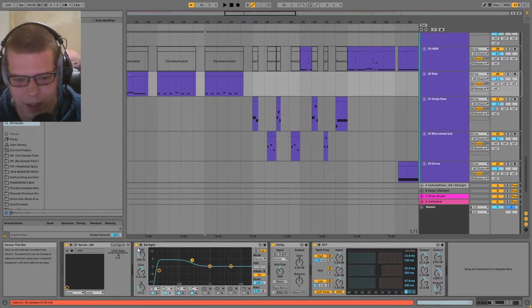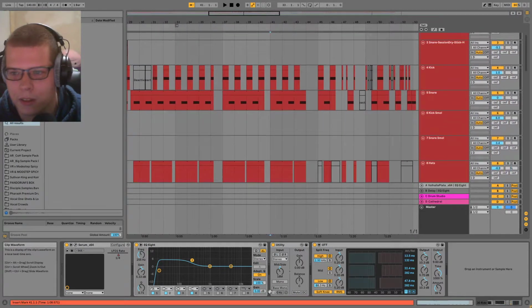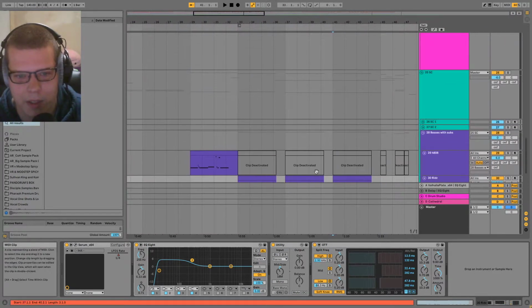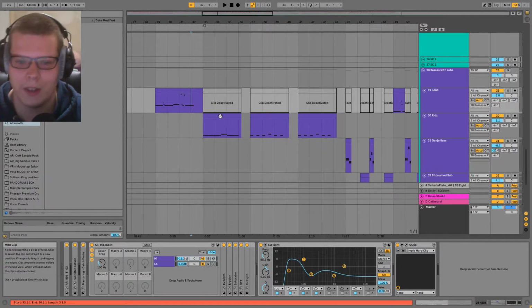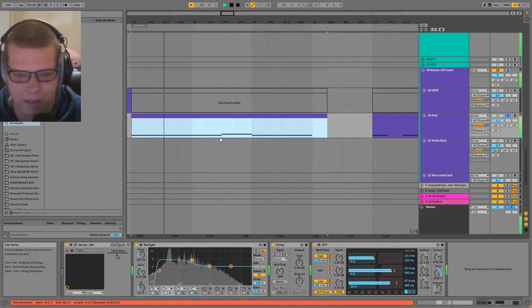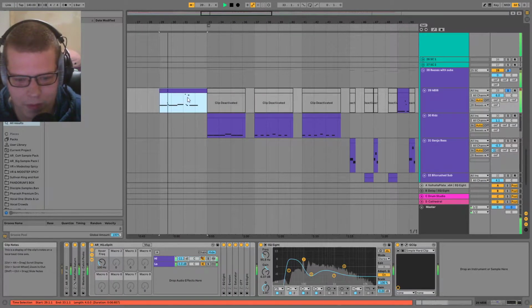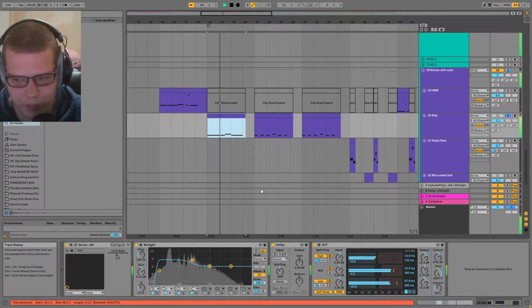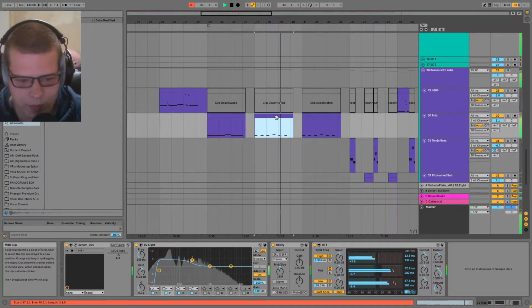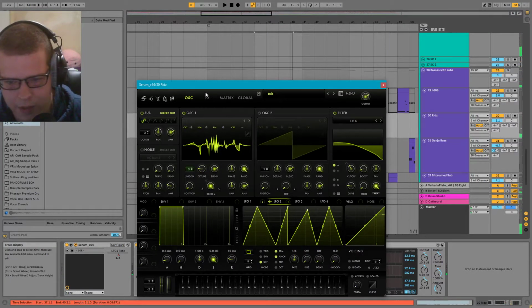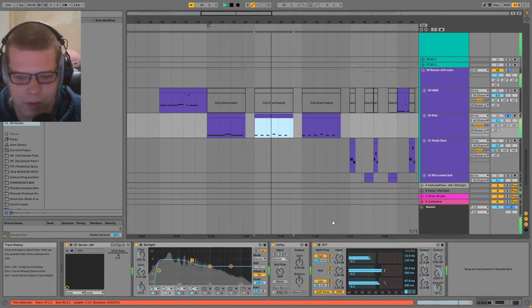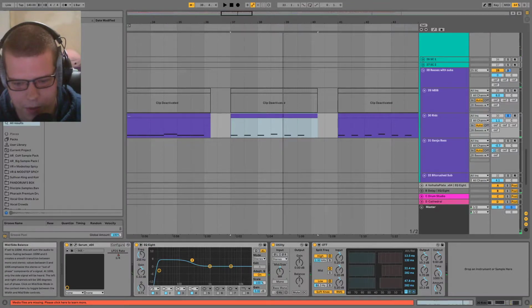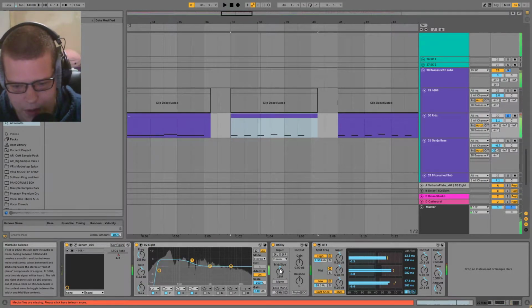Low boost. I guess I didn't have a dedicated sub on this track, did I? No, so all my sub is coming from... Yeah, basses with subs. I can't believe I actually named that appropriately. Where's this filtering coming from? There we go. And then I guess I just thought it was a bit too wide, so I lowered that.